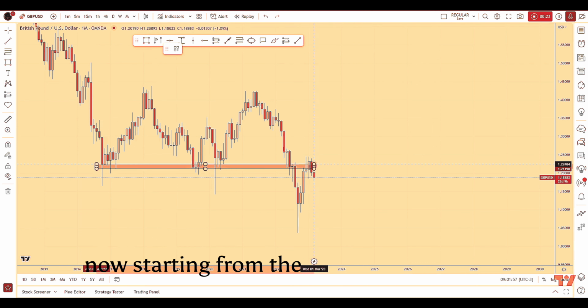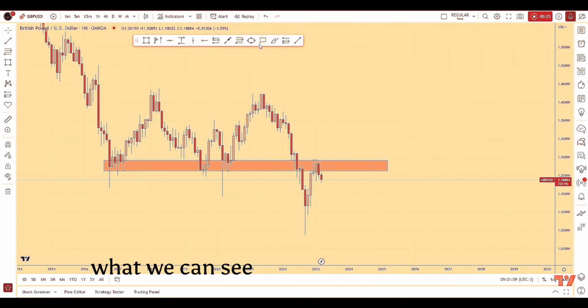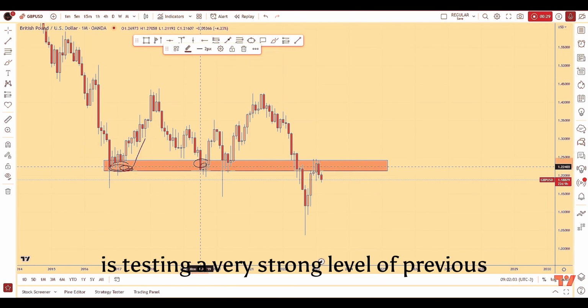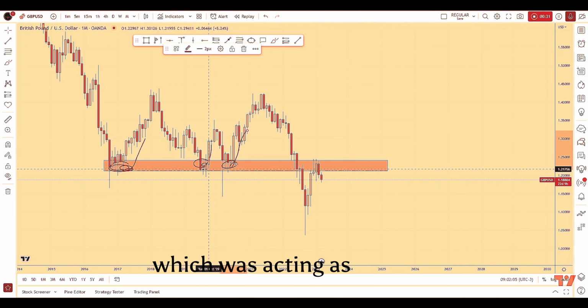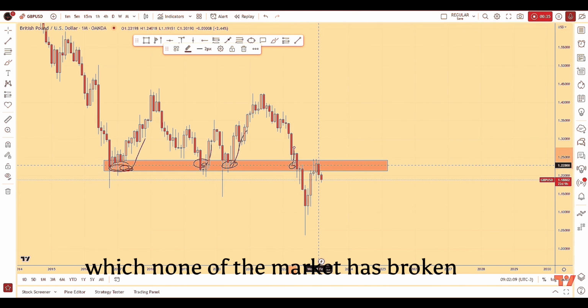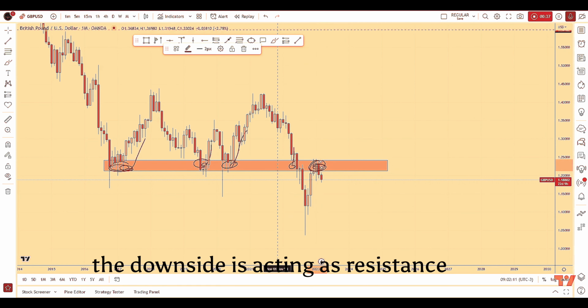Now, starting from the monthly time frame, what we can see is that we have a market which at the moment is testing a very strong level of previous monthly support, which was acting as support all across this zone, which now that the market has broken it to the downside is acting as resistance here. And as the market is testing previous support and resistance, we could expect some bearish price action to be developed